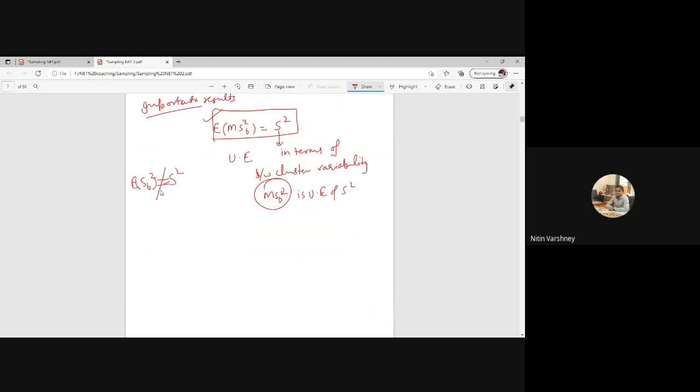Second one, the expected value of S bar W square, meaning within cluster variability, is an unbiased estimator of capital S square. So they can ask for the unbiased estimator of capital S square in terms of within cluster variability. So this is S bar W. Okay. Now